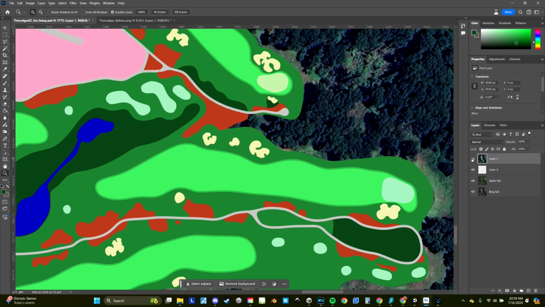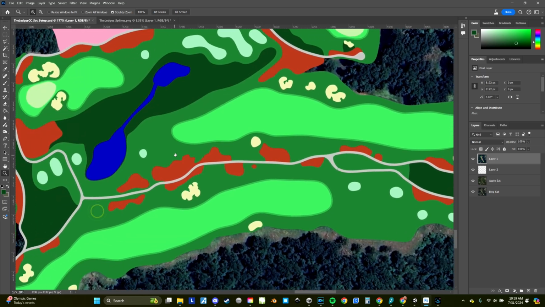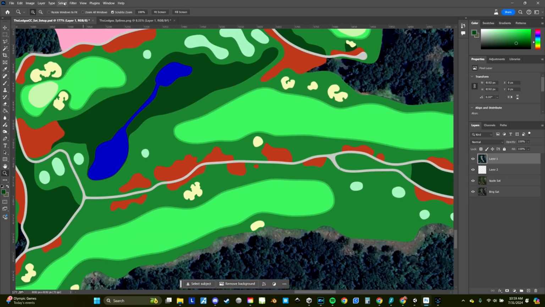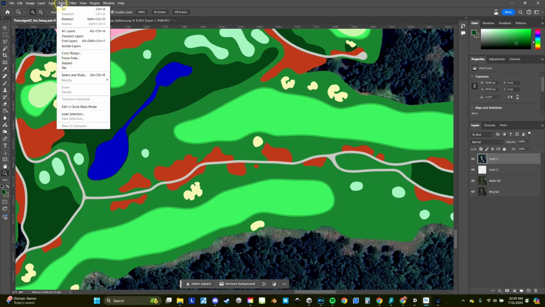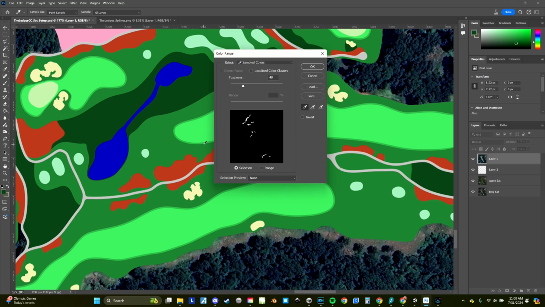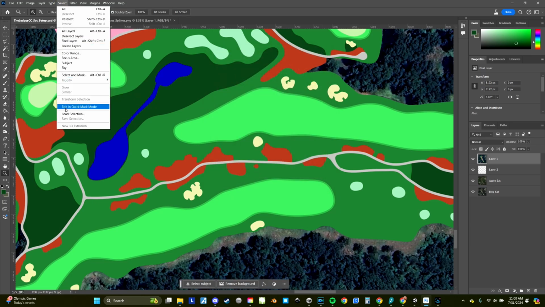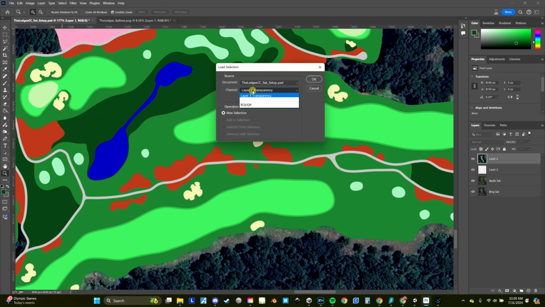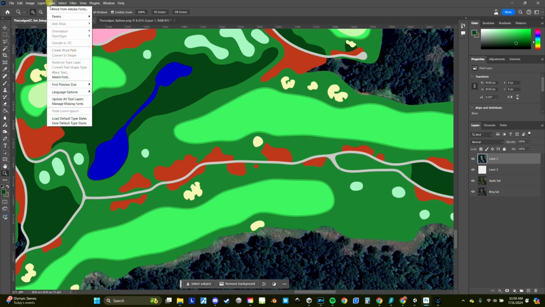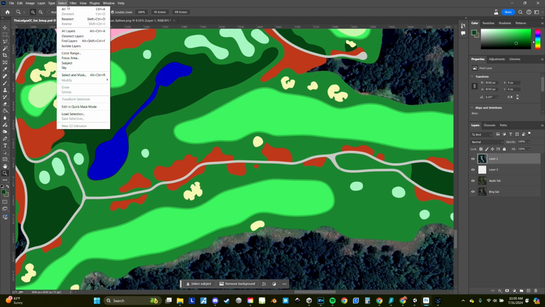The next step for me is I like to make saved selections because that makes it very easy for me to work in just specific areas. So the way to do that is with your spline image active, I go to Select, Color Range, and then I end up saving a selection. In this case, I think I already did the rough. I'm going to go Select, Load Selection just to check. And yeah, I already did the rough, so I'm going to do the fairway next because that's one of the other ones I'm using for a sat view. So Select